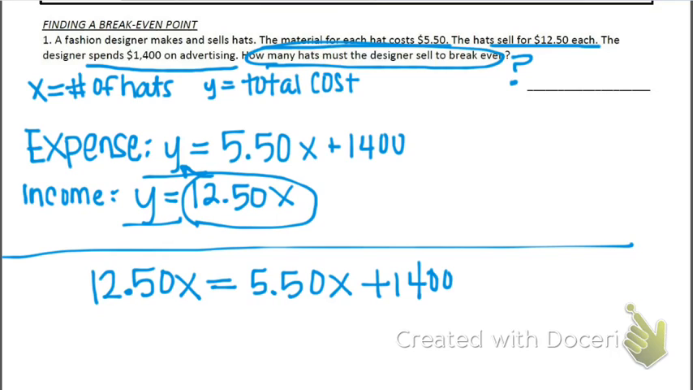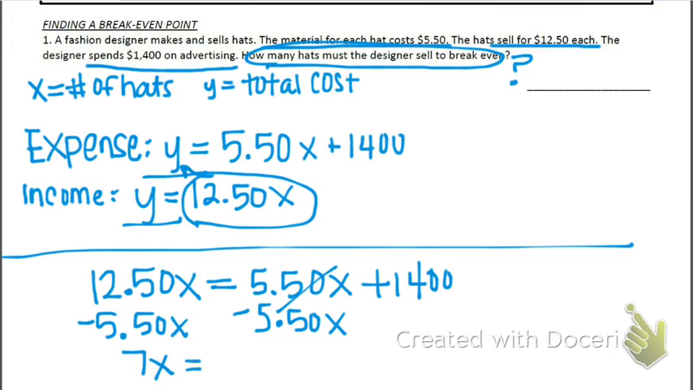Now solving this should be a piece of cake. So we subtract 5.50x from both sides. I get 7x equals 1,400. And then divide both sides by 7. I ran out of room. So I get x equals